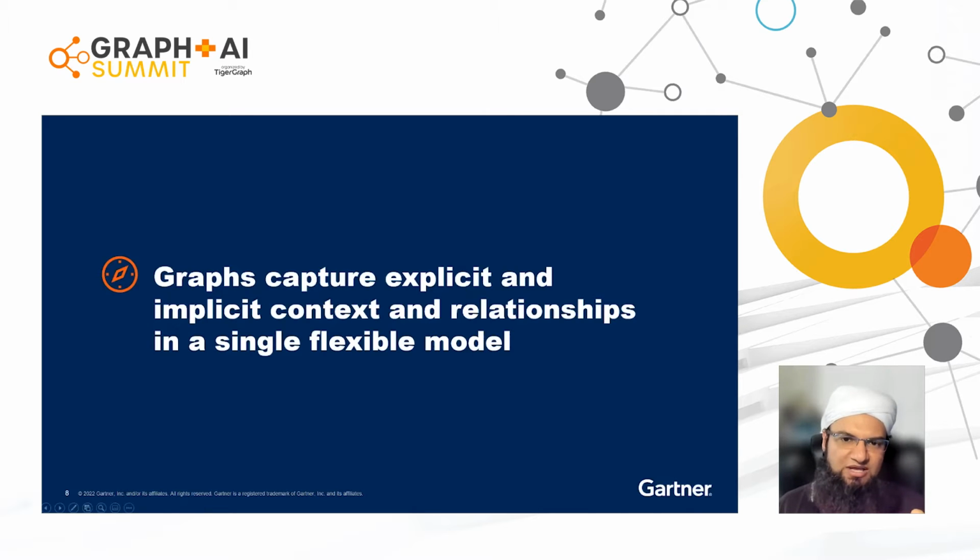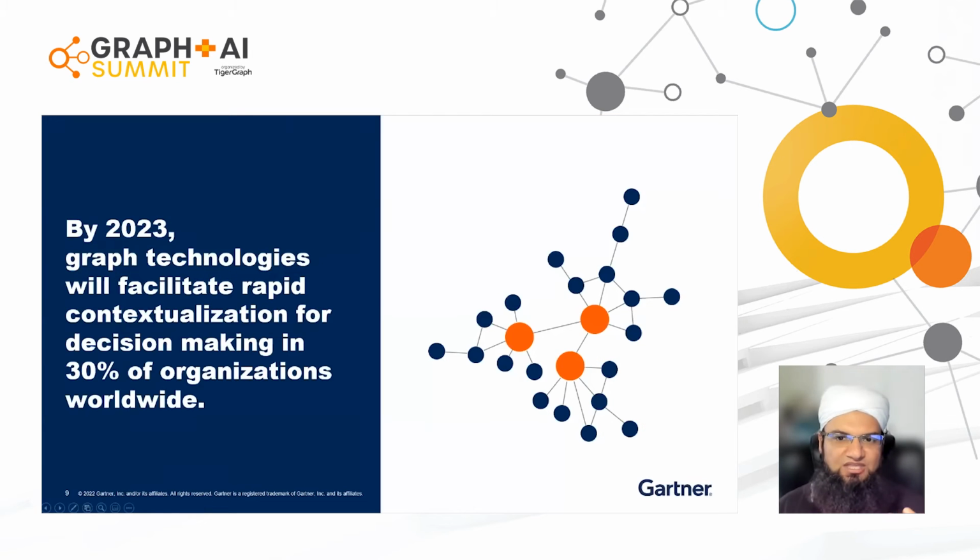And let's talk a bit about decisions, which are really the overall goal and objective of analytics and AI. So by next year, Gartner predicts that the use of graph technologies will increase as organizations better understand how it helps to add more context and results in making better and more relevant decisions.